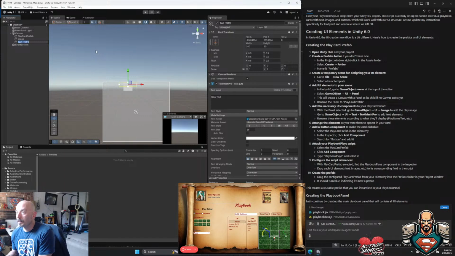To add text elements, rename these elements according to what they'll display: play, name, text, etc. Arrange the elements as you want them to appear in your card. Okay. So the image here is going to be